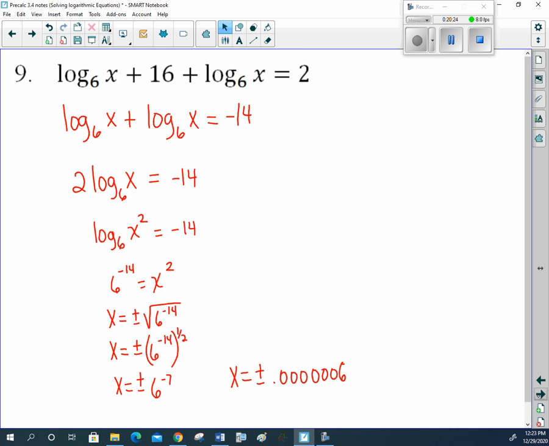So we're just going to say, oh, wait a minute. Sorry. That's not 0.00. I was thinking scientific notation. I don't know why I was thinking that. Backtrack. That is not the right number. I had scientific notation on the brain. 6 raised to the negative 7 power is not, it'd be 6 times 10 to the negative 7 power. Sorry, that was my mistake. So 6 raised to the negative 7 power is,